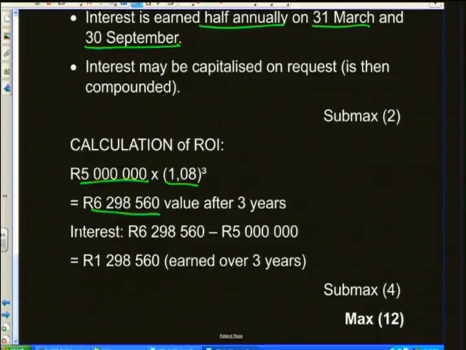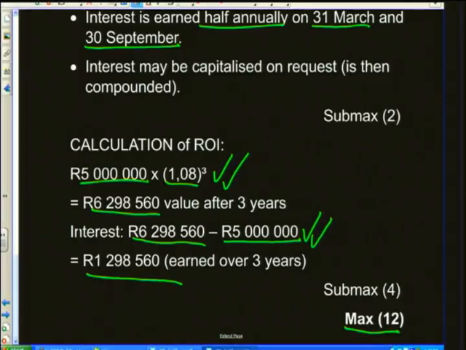So to see how much interest we have earned, we say 6,298,560 Rand minus 5 million gives us interest of 1,298,560 Rand, right? Okay, and that was for 2 marks there, which gives us a max of 12